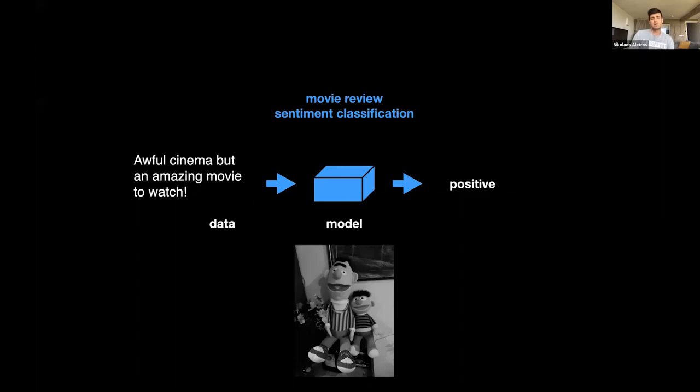We pass them through a model. Typically, these models now are pre-trained transformers fine-tuned on that particular task, and we take predictions for the input. For example, the model here predicted that the sentiment of this movie review is positive.